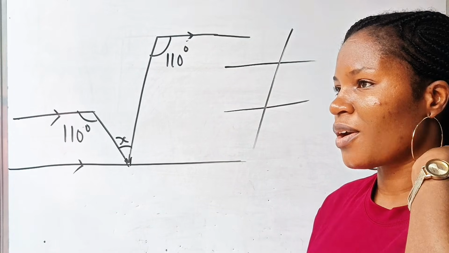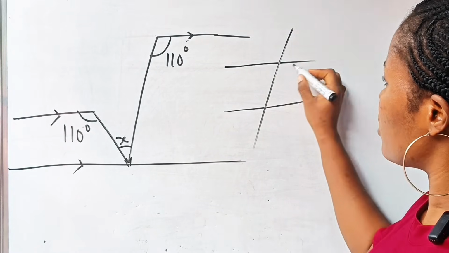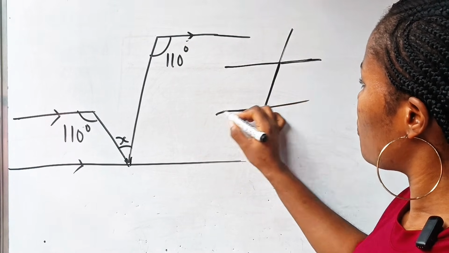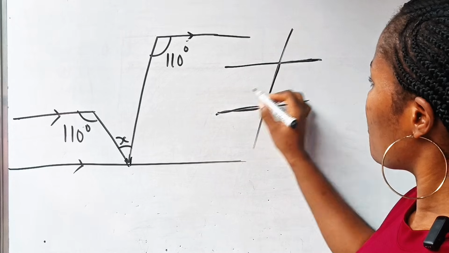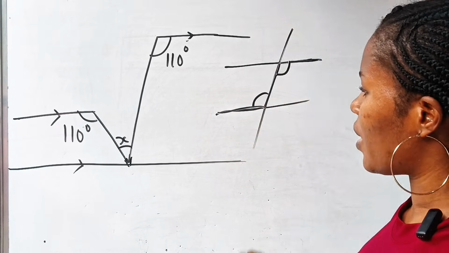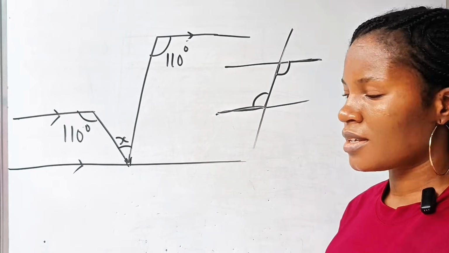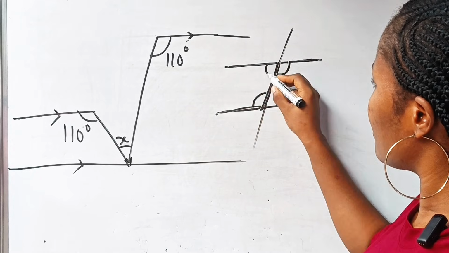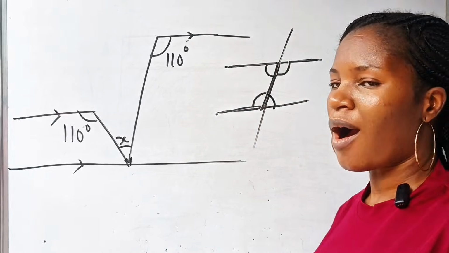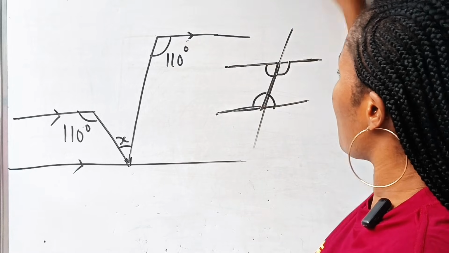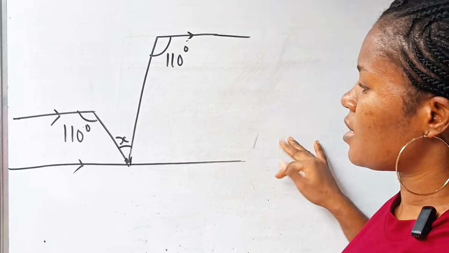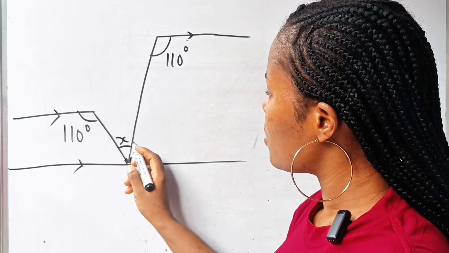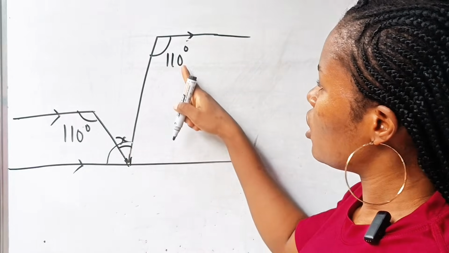Now the alternate angle is in this form. I call it the Z angle because it's in Z form. You can form it using Z form. So this is the Z. That means this angle here and this angle here are alternate and they are equal. So if I use this particular Z, then this angle here and this angle here are alternate. So they are equal. So if I should bring that into this, so we are going to have this, this, and this. So it means from here to here should be equal to